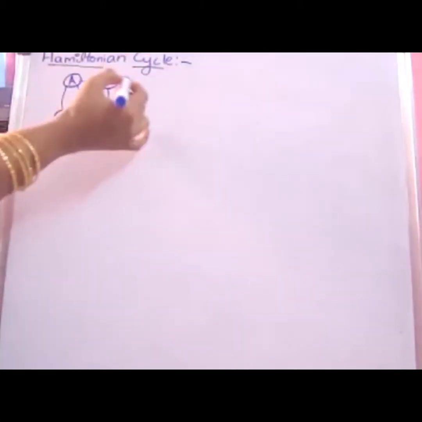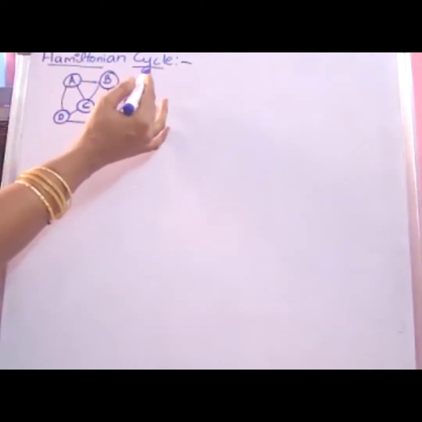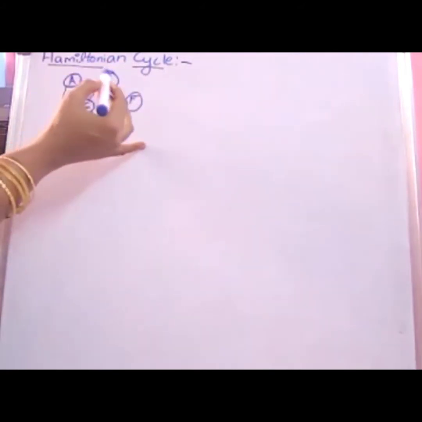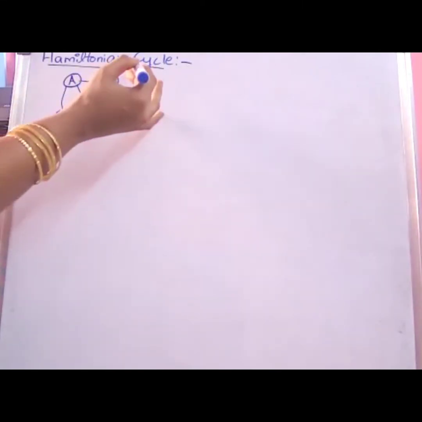By using the backtracking technique, we find how many possible solutions there are. And to find those possible solutions, generally we use the top-down, brute force approach. So here also we are using the same thing. Here the application name is Hamiltonian cycle. A cycle is a closed path in a graph. If you want to find the Hamiltonian cycle, visit all the vertices present in the graph, and the starting point and ending point should be the same, that we call a cycle.